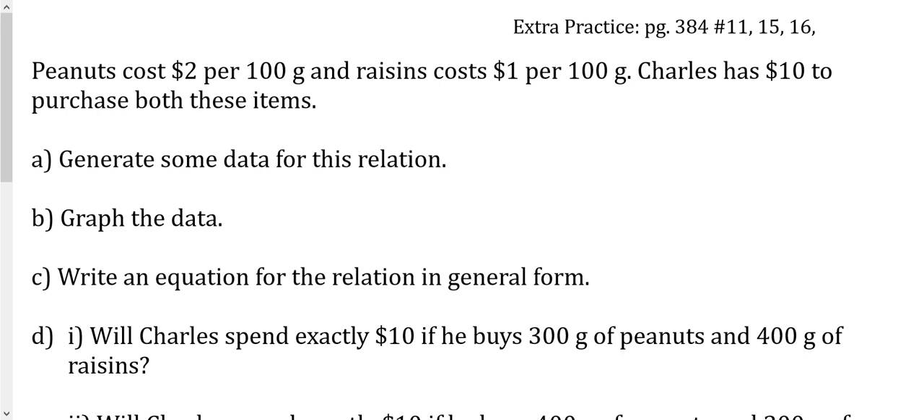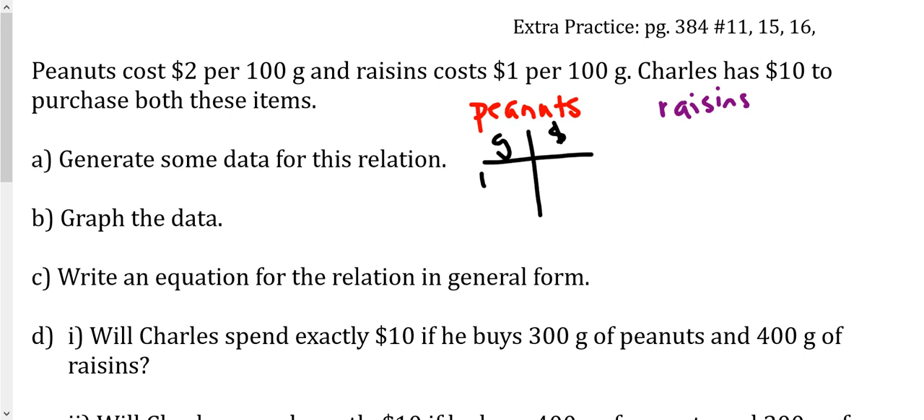So let's go peanuts. And we'll go raisins. Raisins should probably be in purple, because it's a very important fact that grapes are purple. All right, so peanuts cost $2 per 100 grams. So if we're talking about the grams, and then the cost,